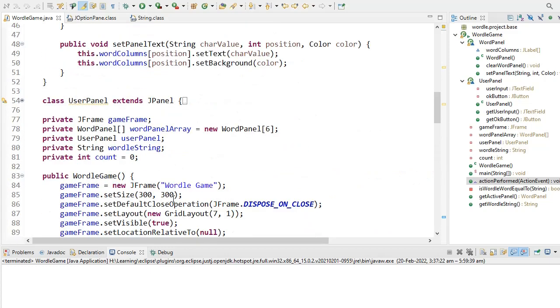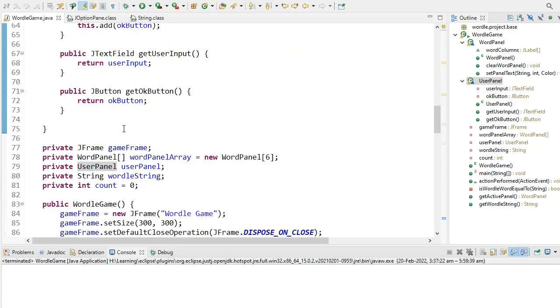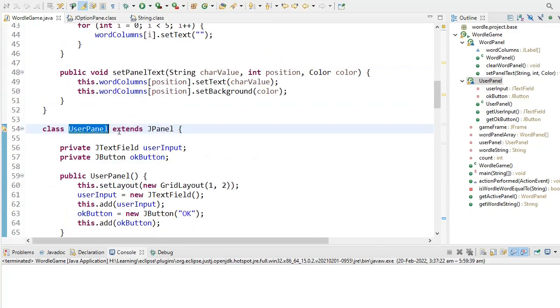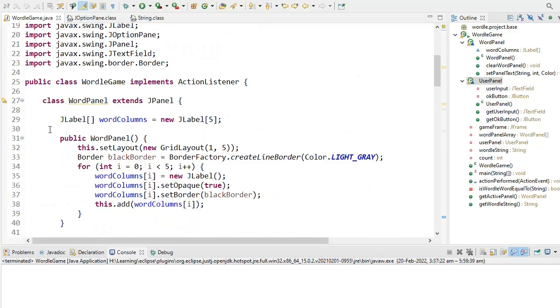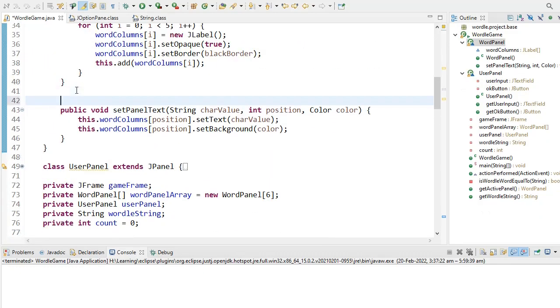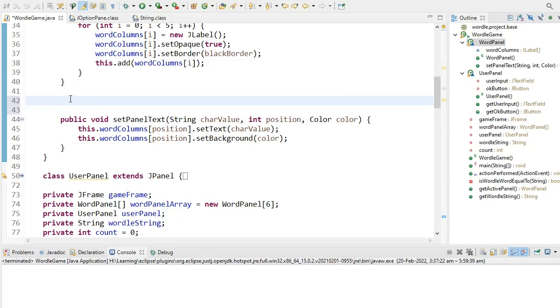Now we have to remember, if we win, the words displayed in the UI should be cleared. So we have to add a new method inside the word panel which will clear the active word panel. So I will create a new method, clearWordPanel,